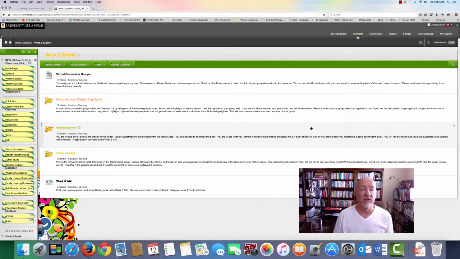The next group activity, and each week we do a group activity, that's part of being online, is that you collaborate and that you do communicate and work with others, even though you are isolated or working by yourself at your home or your workplace or at the library, wherever you're completing your work. So you do have a group activity almost every single week.